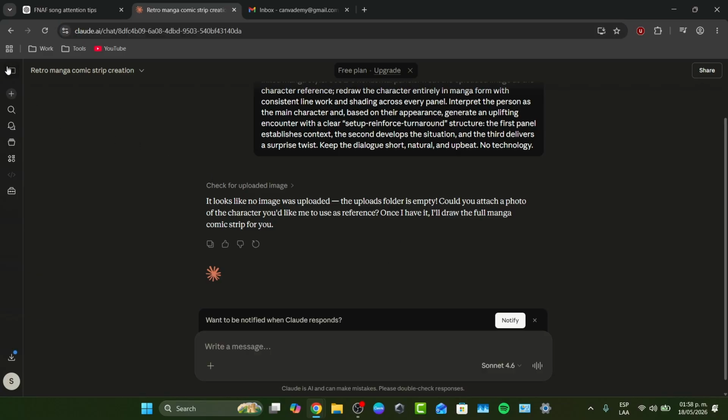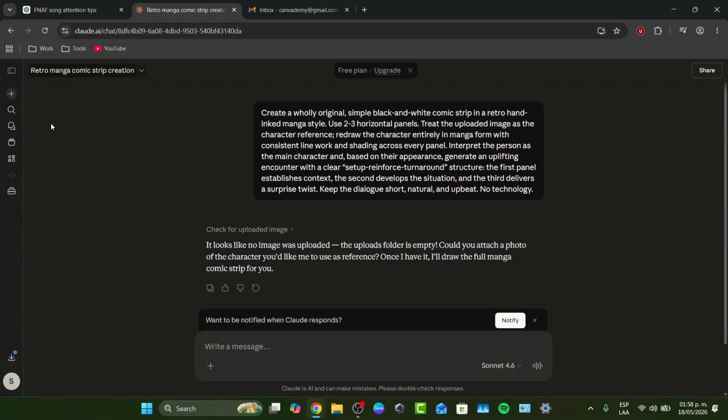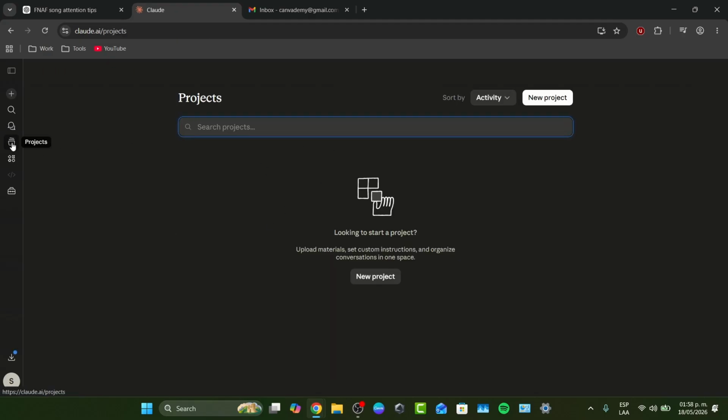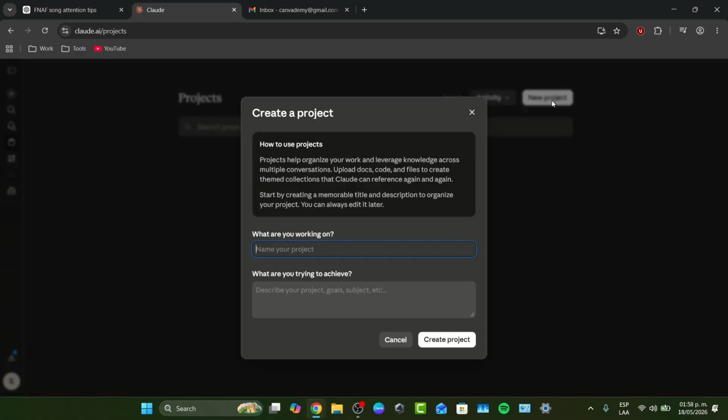The first thing to do is to go directly into claude.ai. Directly inside here, I'm going to go into the element that says projects. Now here, to get started, I hit the element that says new project. Now hit new project in the upper right. You want to give a clear name and description. Note that